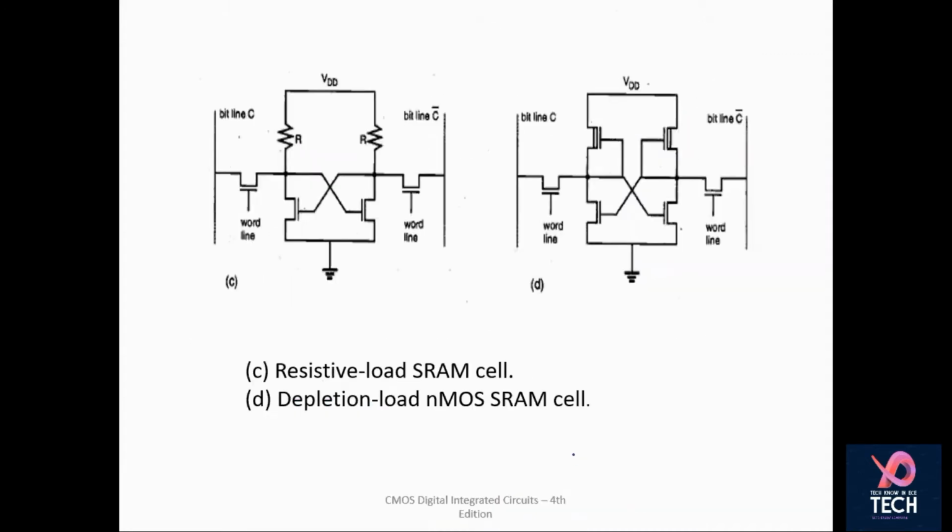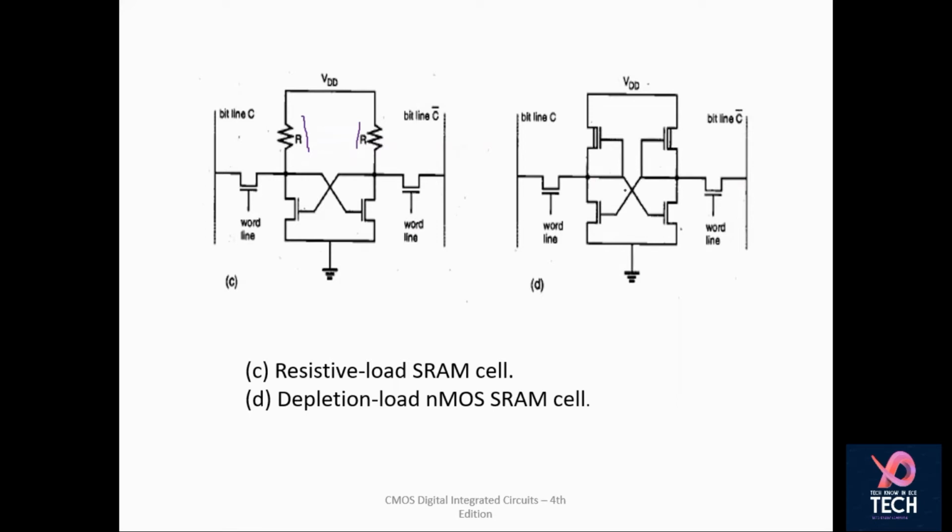So this is resistive load SRAM cell here. The problem with this is area, power dissipation. Static power dissipation is high because you know that when we are using resistive load inverter, when this is on, this continuously dissipates power. So draining so much of power is not required these days. These days we are working on low power, so this is not feasible. And this is your depletion load NMOS SRAM cell. Again, it is having some problems related to your fabrication. Your power dissipation is there, not as compared to this, but still power dissipation is there.